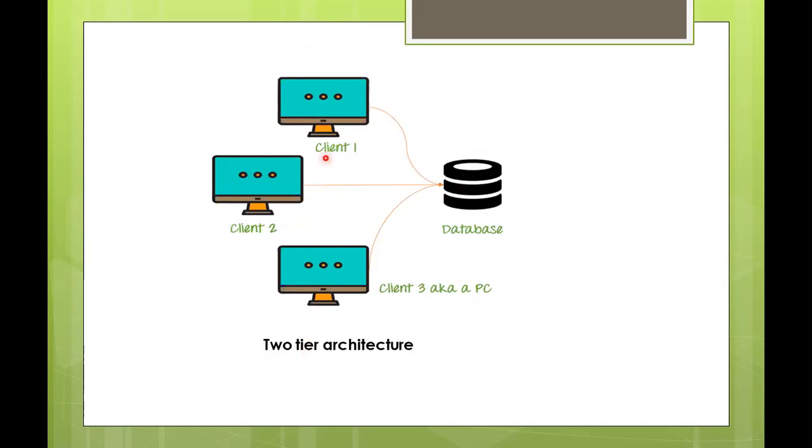Okay, so this simplifies your previous complexity where you had one machine, now you have different machines. So within your office, you can store the data and access the data. This is very similar to using PuTTY software in your first year. You'll be connecting to a machine, a server, by providing the IP address. In the same way, client 1, client 2, client 3 will be providing the IP address of the database server so that they can access the database and store the data into the database.